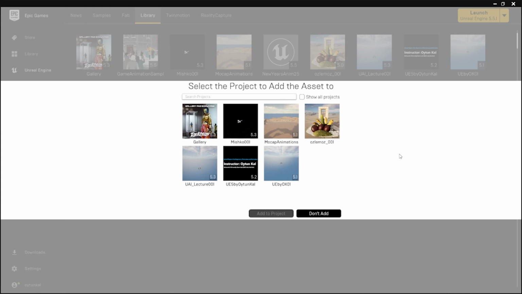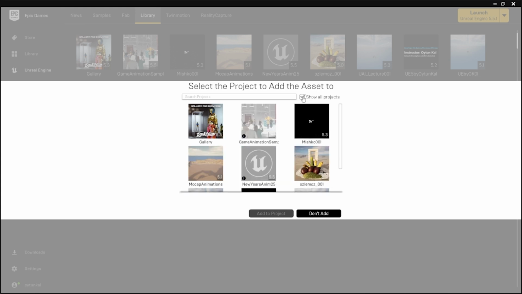Since these are static meshes, if you see that your project does not appear here, that means that this asset is not really suitable for the latest version. But I believe that this can be overlooked, for these are only basic static meshes, so they won't be causing too many problems. So if you don't see your project because your version is not yet supported, namely in this case 5.5,